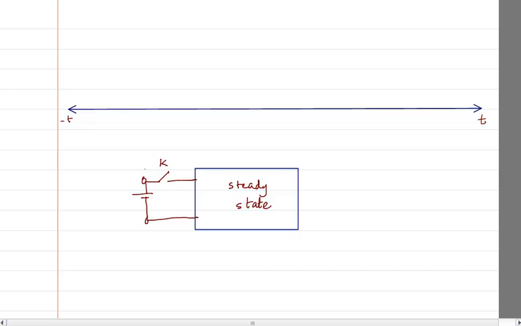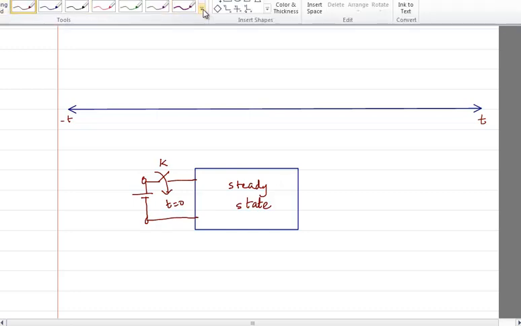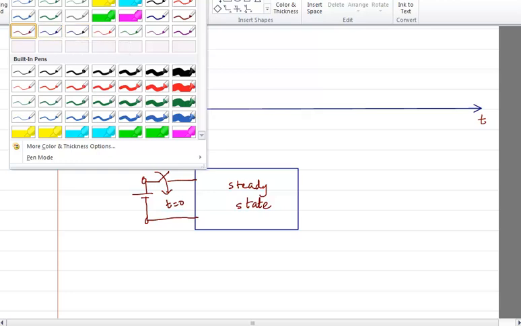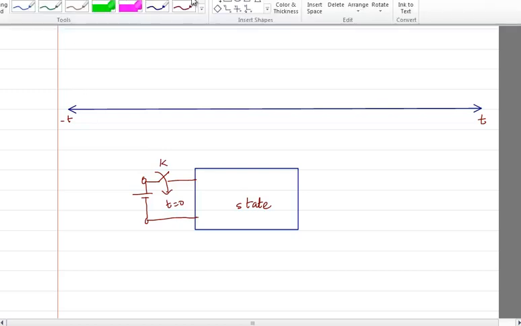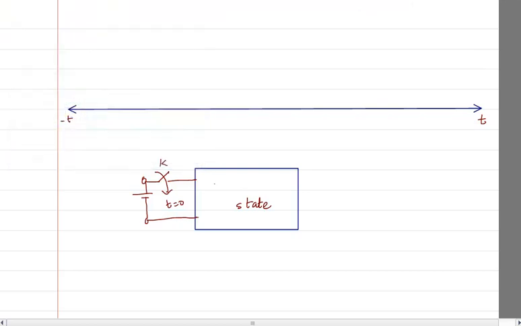As soon as you switch on this thing at t equal to 0, the circuit has got a disturbance. Why? Because the switch got on, because of which suddenly extra energy is coming, because of which the circuit is moving from steady state to what is called a transient state. It goes from a steady state to a transient state.